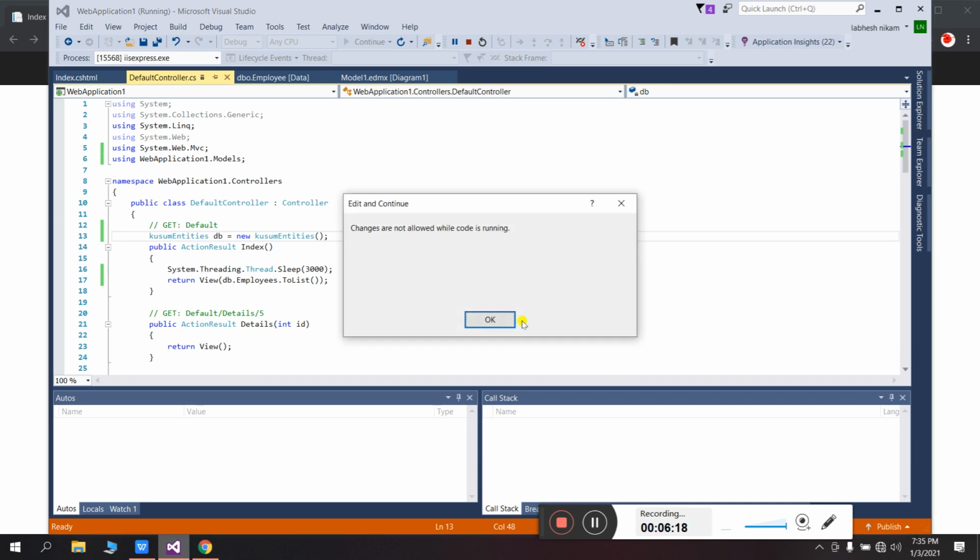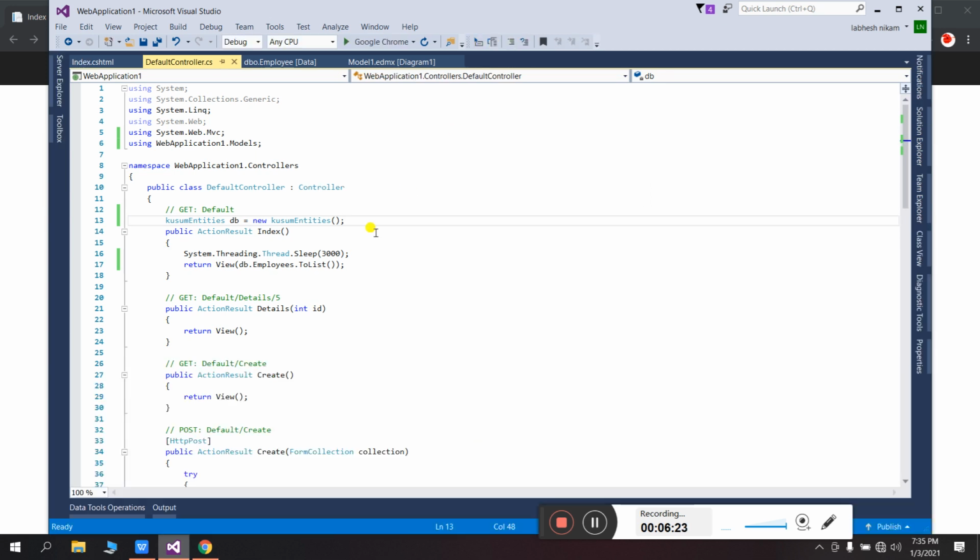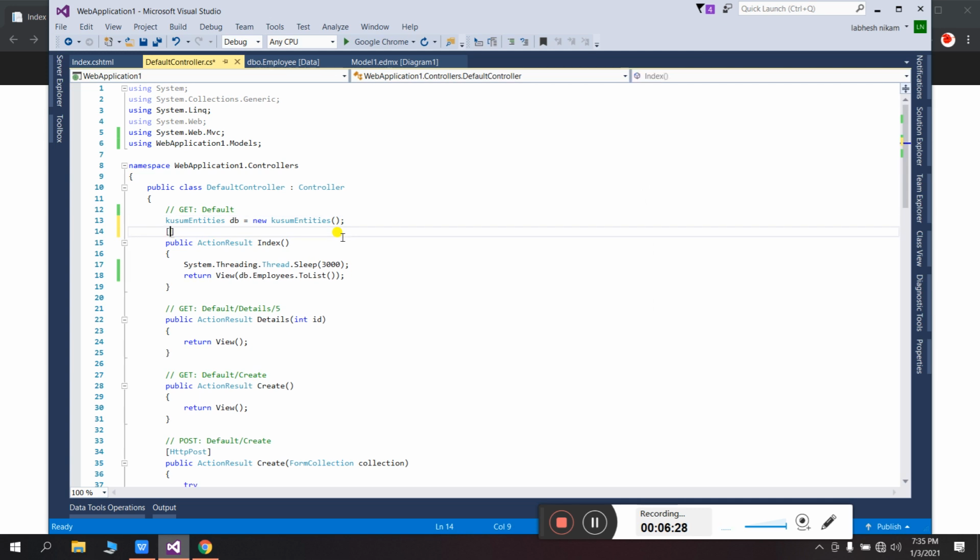Now if I use the cache attribute here in place of this, how do we use it? Let's add the OutputCache attribute on the Index method with Duration equal to 10 seconds. Here 3000 means 3 seconds, here it is 10 seconds.